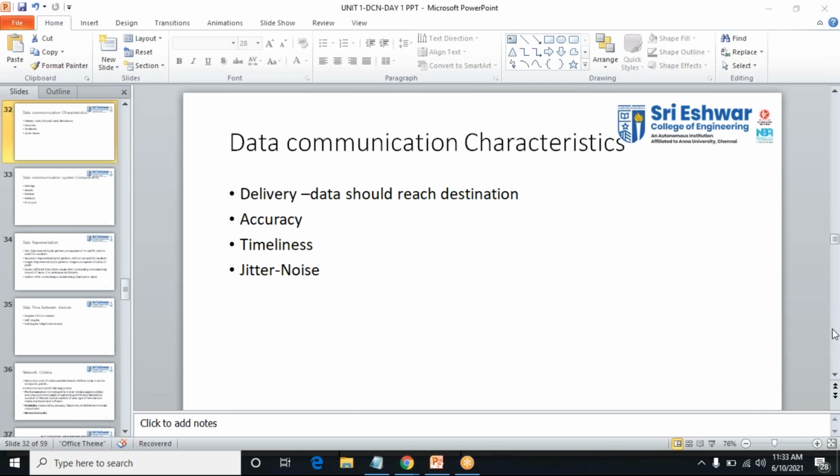I think Rupak is not answering. What about others? Sakti? Rupak, no problem, you can say what the data communication characteristics are. You can type in the chat box. What are the data communication characteristics we have learned?